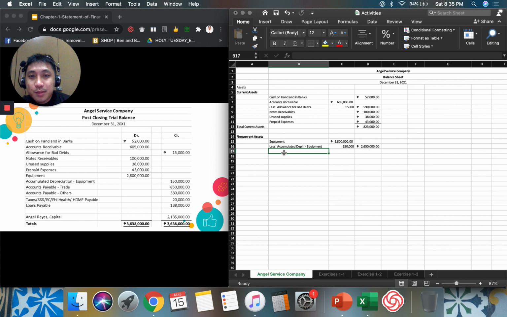Then after that, parang yun na ang lahat ng ating non-current asset. So pwede na natin tong i-underline din. Let's just double check. Cash on hand, account receivable, allowance for bad debts, note receivable, unused supplies, prepaid expenses, equipment, and accumulated depreciation. Wala na po. So, all we have to do is